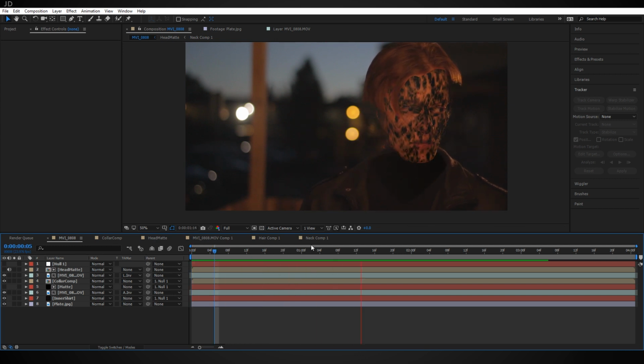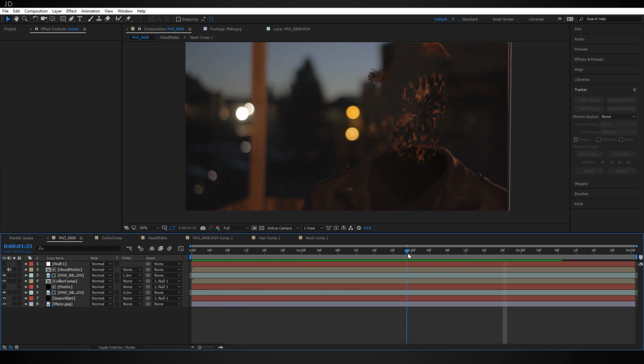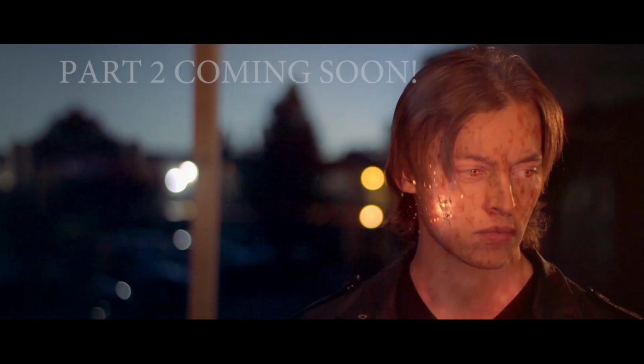So there's definitely some refining that needs to happen here. And obviously we have the burning edges and some embers and a dozen other things, but this tutorial is getting a little bit long, so I'm going to have to finish up the rest of this